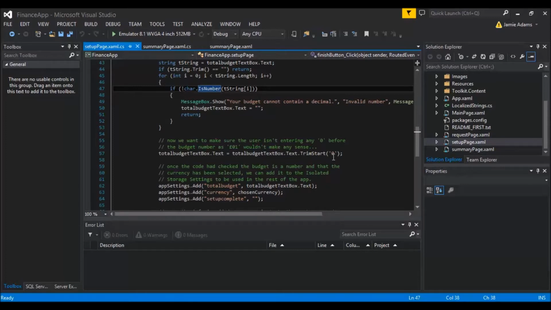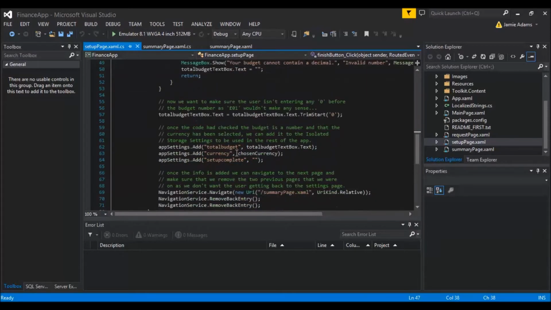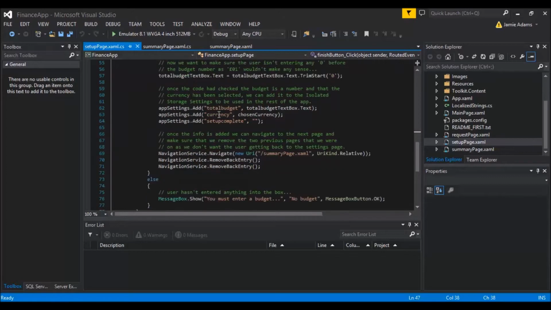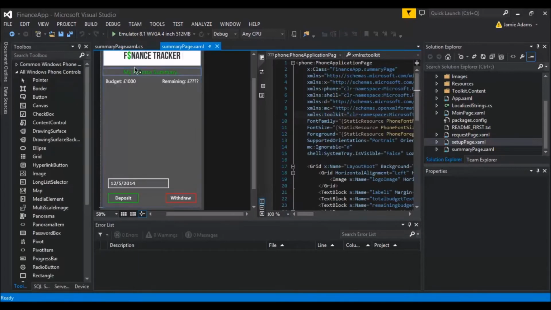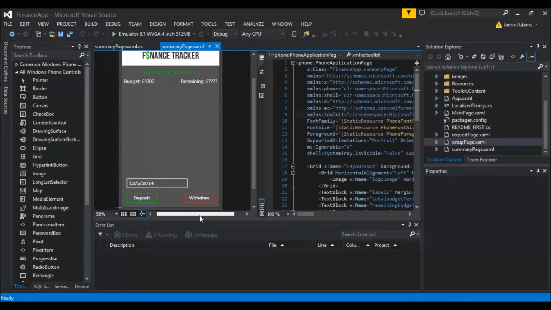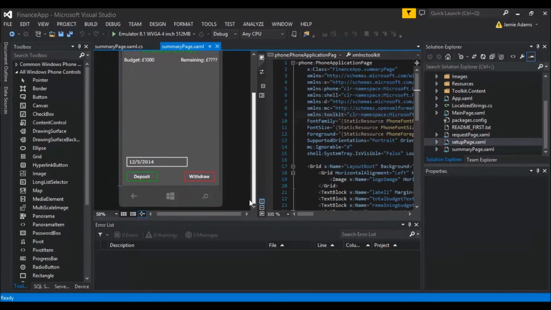But if they enter 00800, it will only trim up to the 8 and then keep the other zeros in. So it just gets rid of all the unnecessary stuff at the start. Then I can't remember if I did this bit, I probably did, just adding the currency. I'm pretty sure I did this and the setup complete stuff, so I'm quite happy that I can just close that. So the main thing that I did, which I really hope isn't going to confuse anybody, because it confused me a little bit when I first did it a while back,